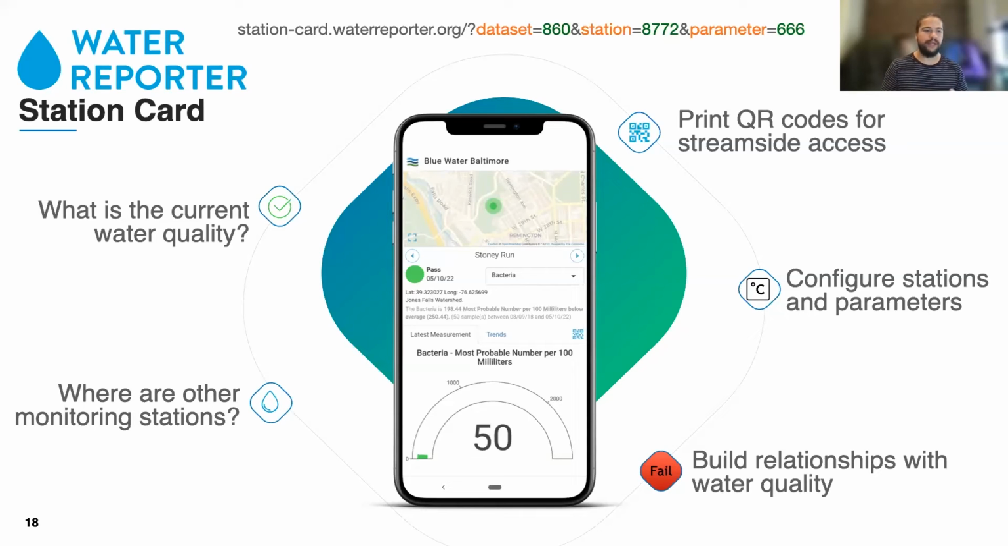It's really lightweight and runs in environments without a really strong internet connection. Beyond that, you can configure stations and parameters. If you take a look at the top at the URL, you can see in orange that dataset, station, and parameter codes, and green are the IDs. So for Blue Water Baltimore's case, their data set is 860, the Stony Run station is 8772, and the parameter